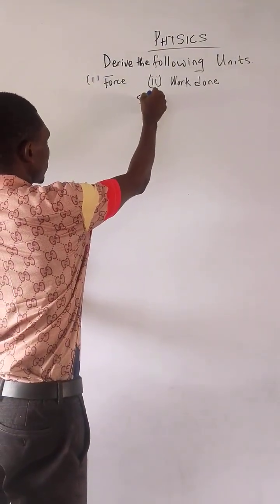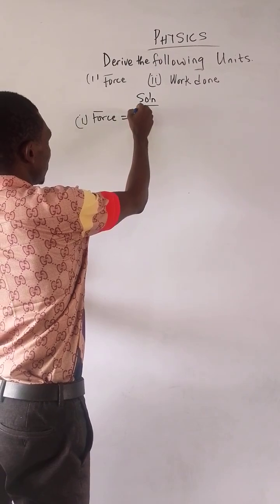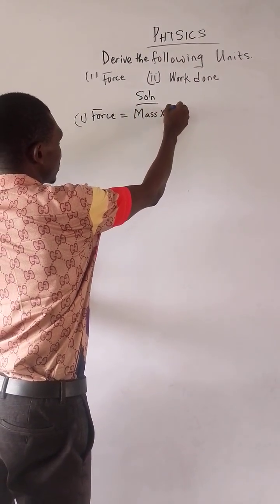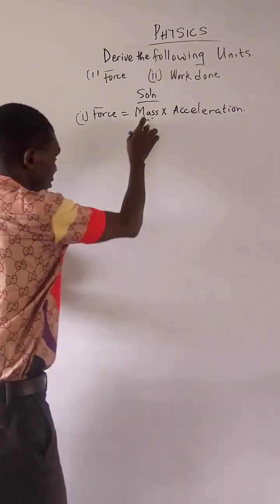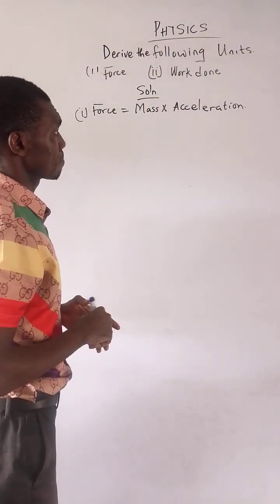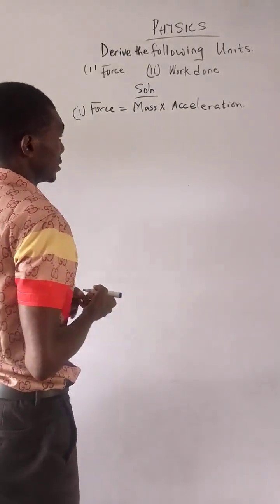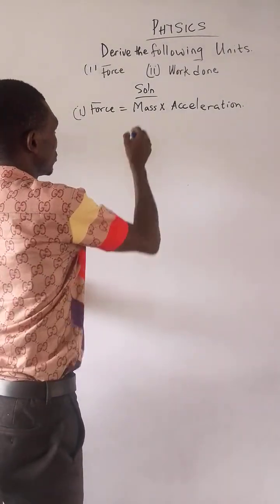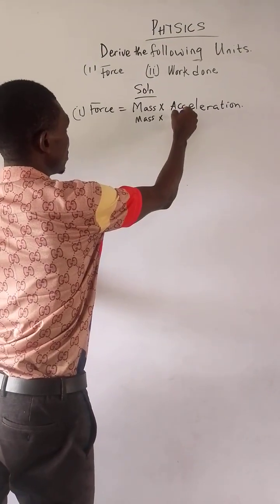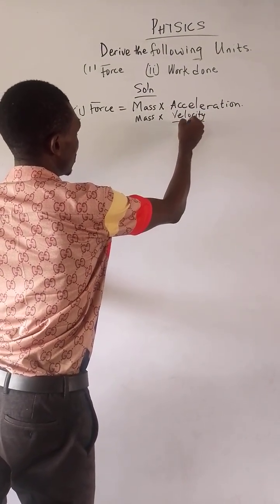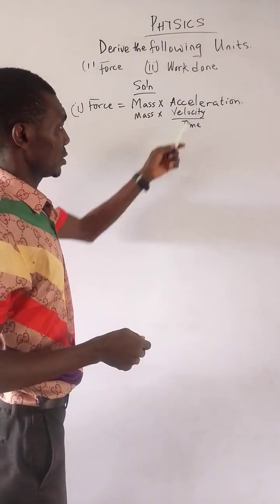So force is given as mass times acceleration. Good. So mass is a fundamental quantity, acceleration is a derived quantity. So we have to make this fundamental quantities, which is mass times velocity all over time. So mass is a fundamental quantity, time is a fundamental quantity, but velocity is not a fundamental